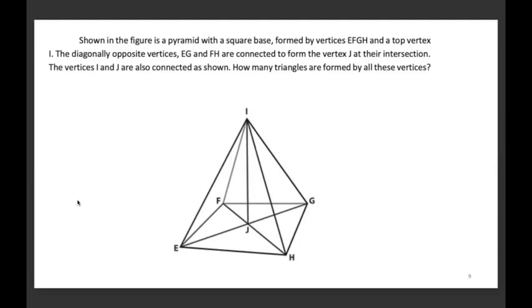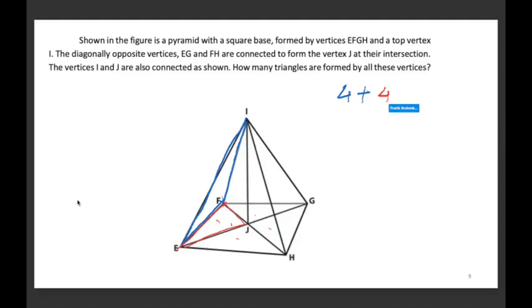Okay. So what does it mean? For instance, this is one triangle that is formed, which is slanted. This is a square pyramid, so the slanted surfaces are all triangles. So there will be 4 such triangles formed with a slanted surface. Further, the bottom base, which is a square, we'll be able to get these 1, 2, 3, and 4 triangles